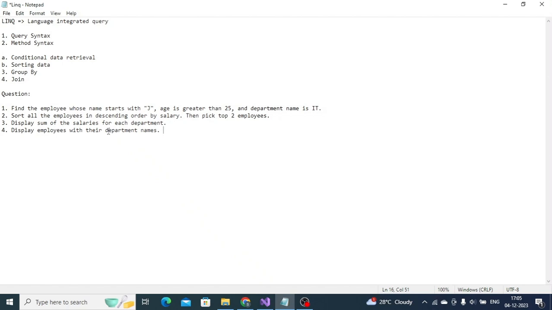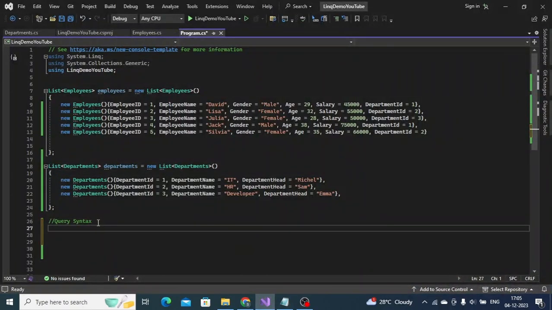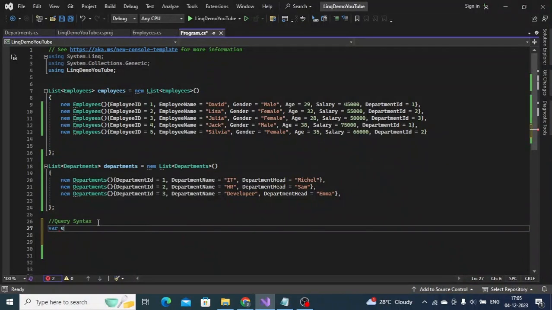I will be solving this problem using query syntax as well as method syntax. We will first solve this question using the query syntax. So I'm writing this query now. var emp equals from e in employees